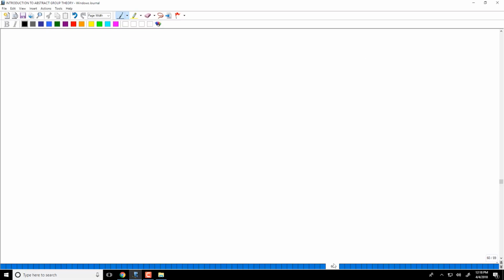Okay, so another important notion is that of a subgroup generated by an element. Let G be a group and let A be in G. Let's take an element of it.